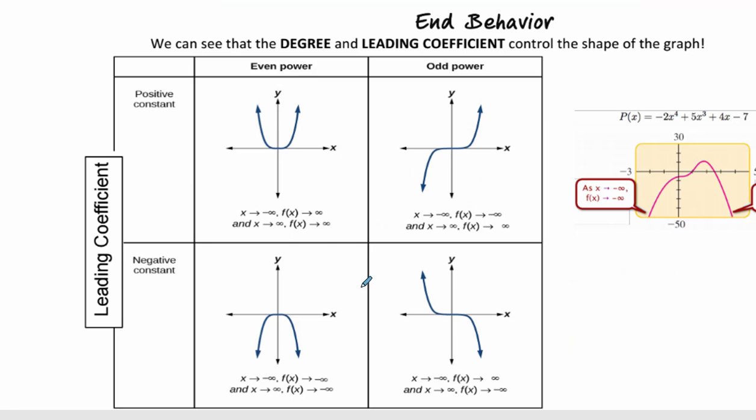This graph basically tells you exactly what we did on this one and the other one I did on the other side. It says that if I have an even power, meaning an x squared, or an x to the 4, or an x to the 6, or x to the 8, or x to the 2n, where 2n means an even number, since 2 times any number makes an even, then what's going to happen if I get an even power and a positive leading coefficient,